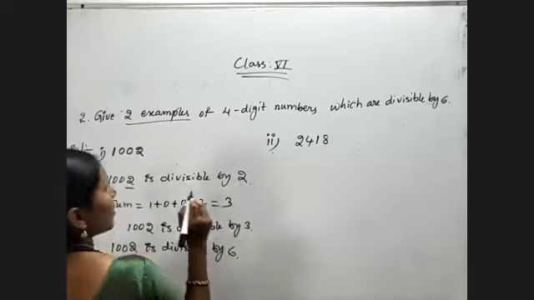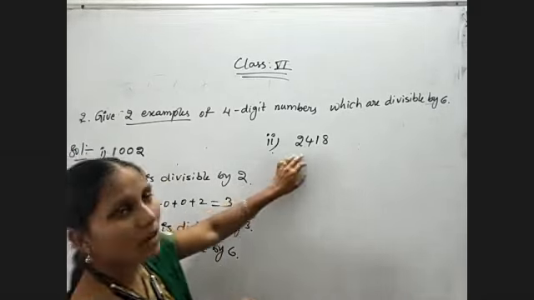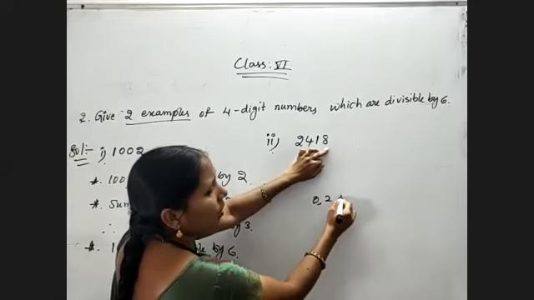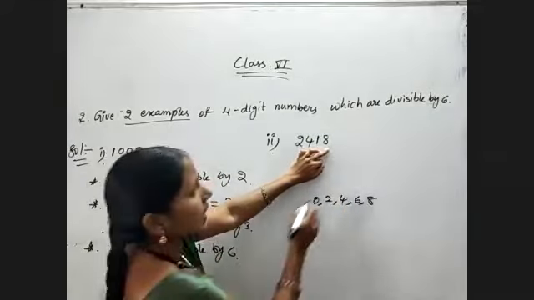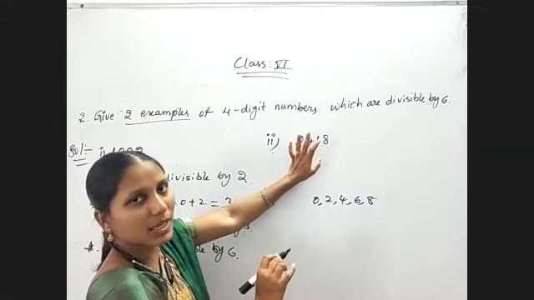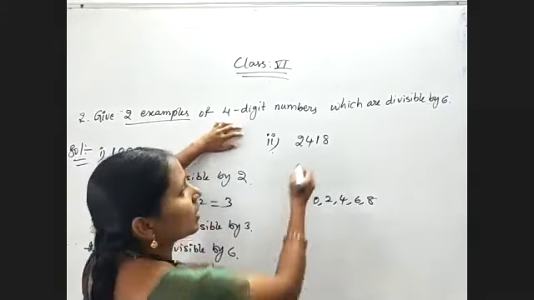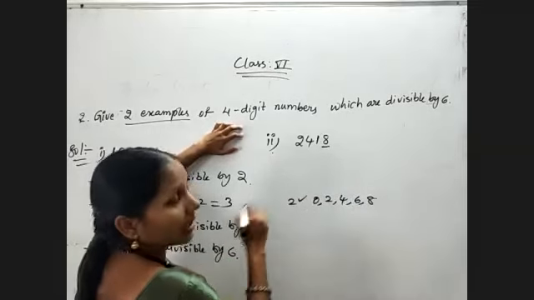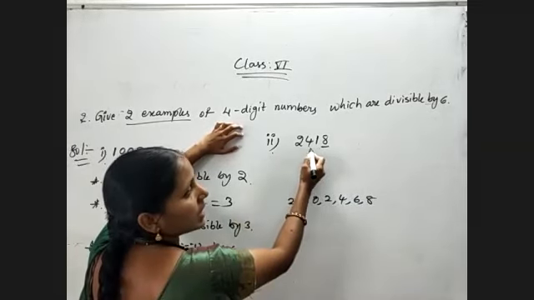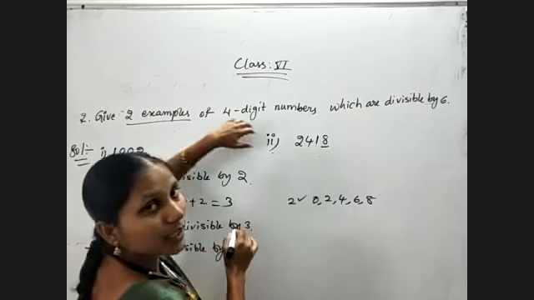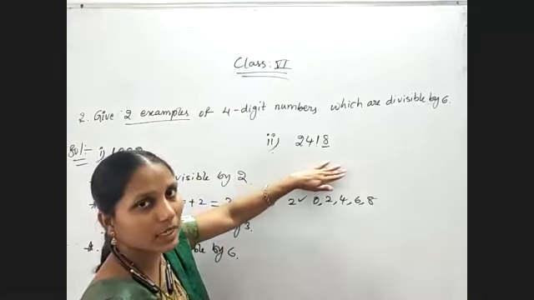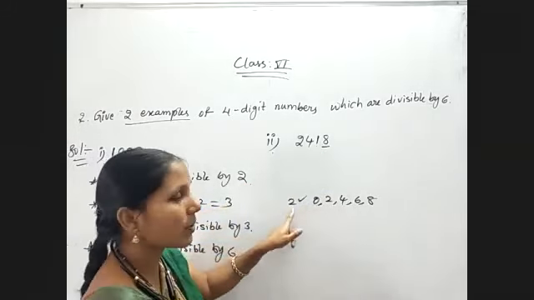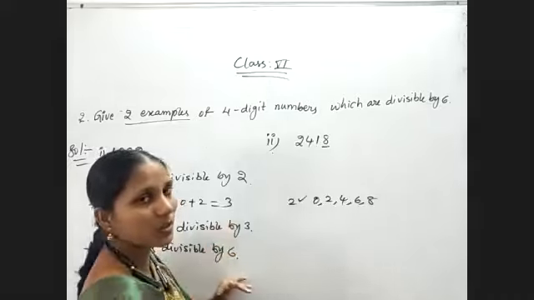Okay. Now observe this. What I am doing, observe. In one place I have to get a 0, 2, 4, 6, 8, and they are telling that compulsory it must be a 4-digit number. Okay. So 8 is there, so it is divisible by 2. Now coming for 3. 2 plus 1, 6, 6 plus 1, 7, 7 plus 8, 15. 15 we will get in 3 tables. That means this number is also divisible by 3. So because it is divisible by 2 and 3, it is also divisible by 6.